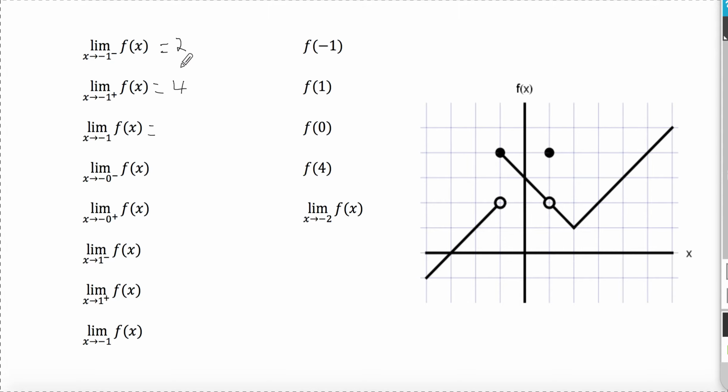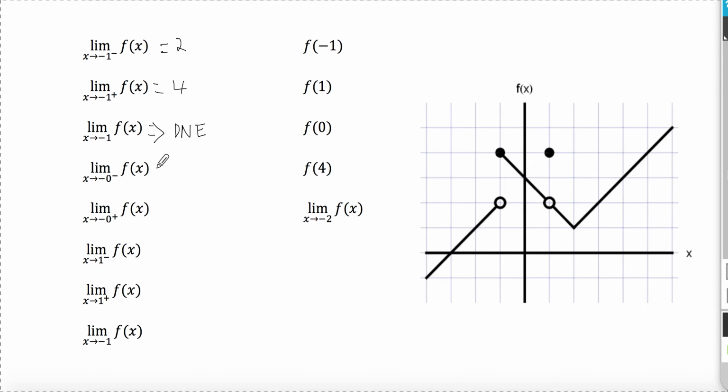What about approaching -1 overall? Well, since the right and left-hand limits are not equal, the overall limit does not exist. Let's not say equals does not exist, let's just say does not exist. I put a little arrow there. As x approaches 0 from the left,